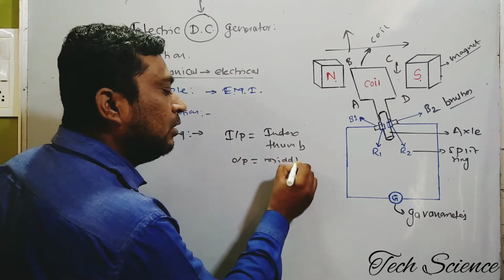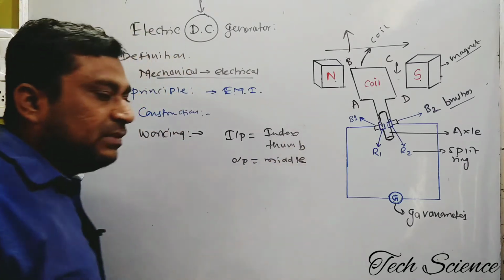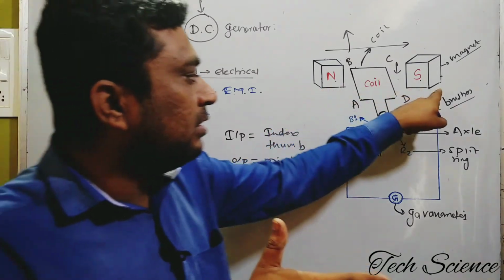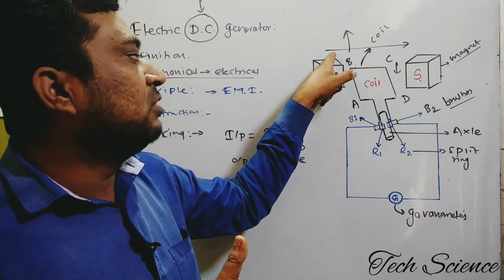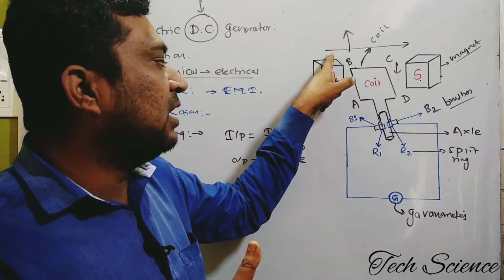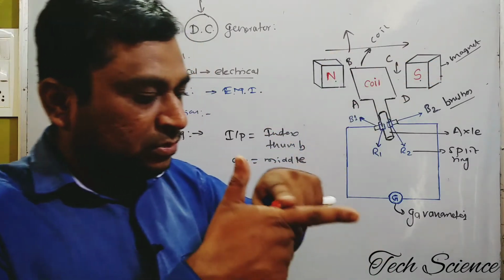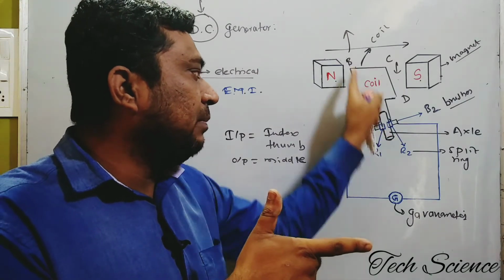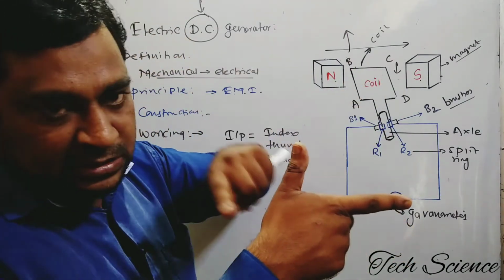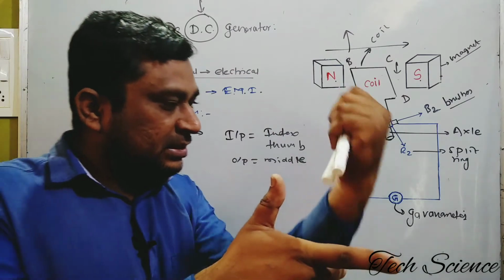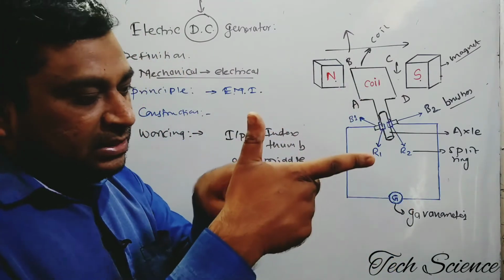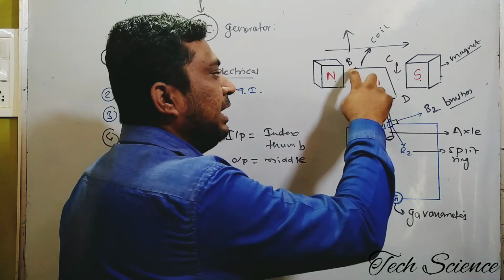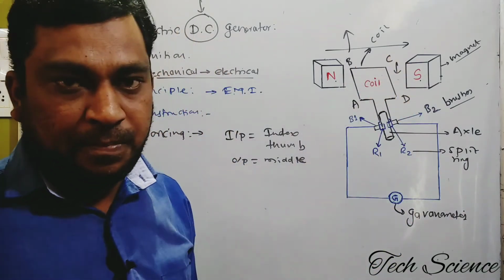What does this mean exactly? Observe. The index finger shows the direction of the magnetic field. This is the index finger. So this is north and south. As I told you, the magnetic lines of force always start at north and end at south. So this is the correct direction. Next, coil A, B, C, D. AB is moved in upward direction. So this is the upward direction. In that case, the current goes inside like this. This is the middle finger like this. So it is moved inside. It means the current passes from AB and then CD.